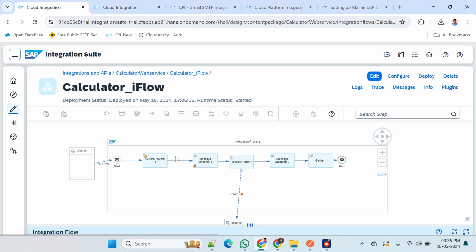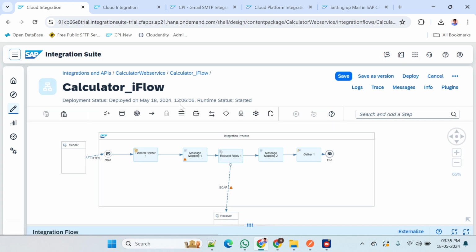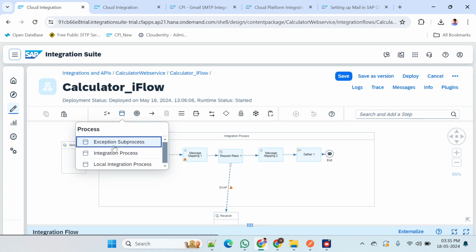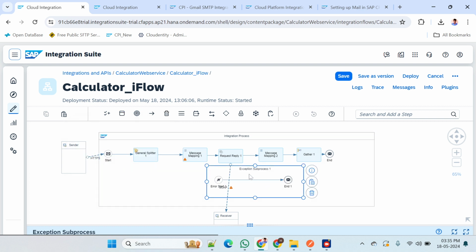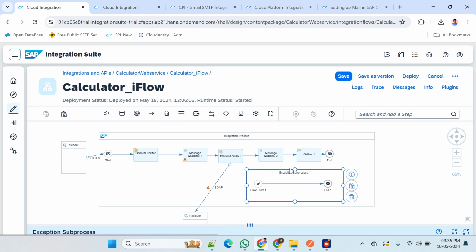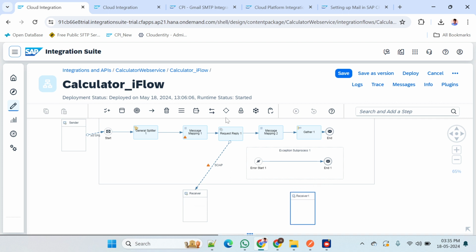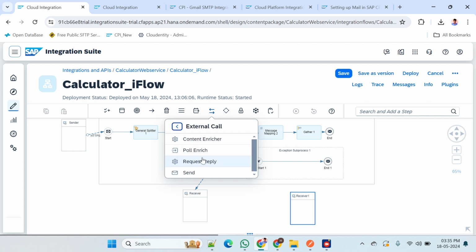Now I am going to our previous scenario. Come here and add an exception subprocess. Add it anywhere here. Now add one receiver for the mail configuration. This is the receiver, and we have to send the data, right? Go to external call and take